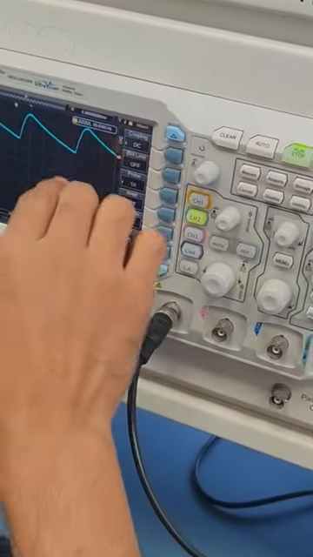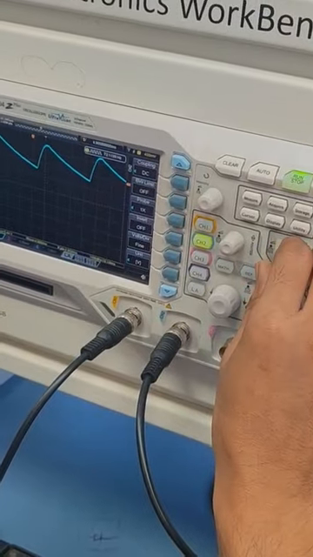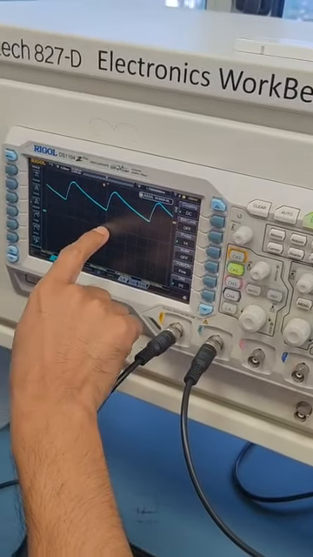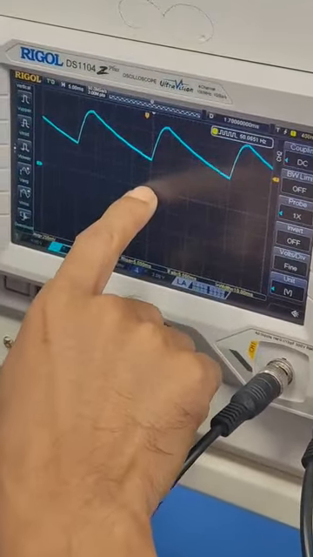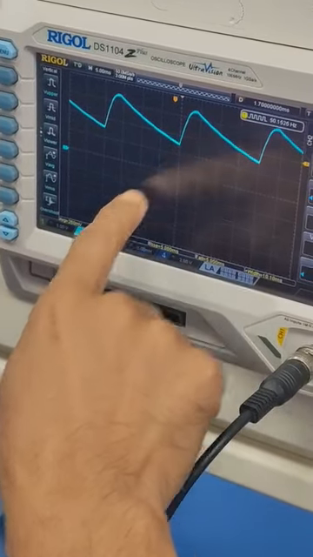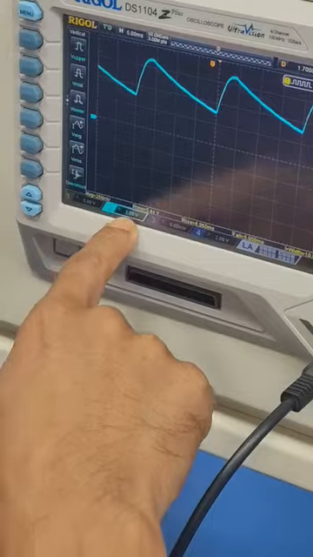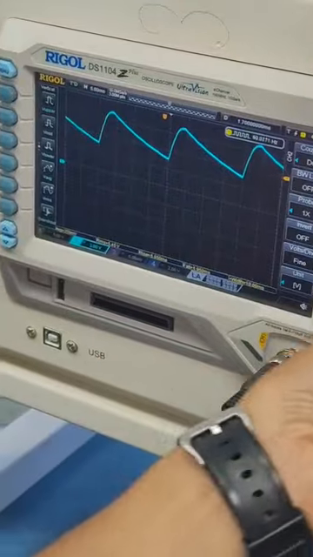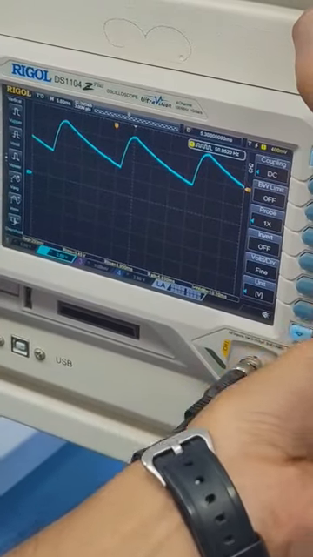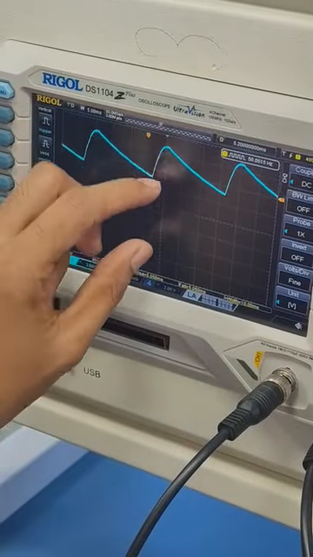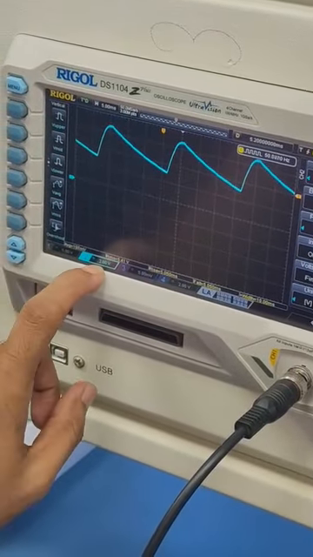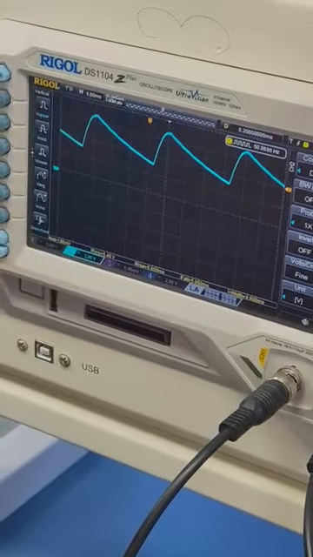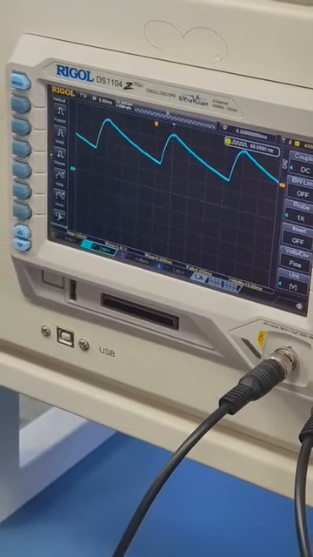How do you measure the VDC from this graph? Through the manual way, first you measure the V minimum. What is the minimum from this baseline? So it is nearly 1.6. So 1.6 multiplied by 2 will give us 3.2. That is the V minimum. In order to measure the V maximum, we change the horizontal position and then measure this value once again. So this is 3.4 multiplied by 2 will give us 6.8. So therefore, the average of these two will be what? 5. So 5 is the VDC.